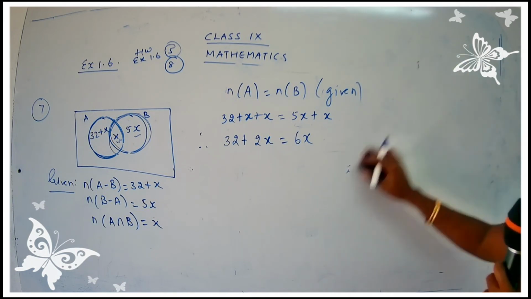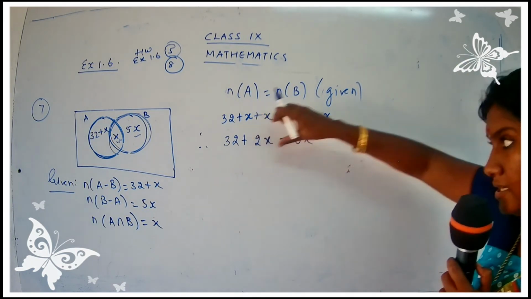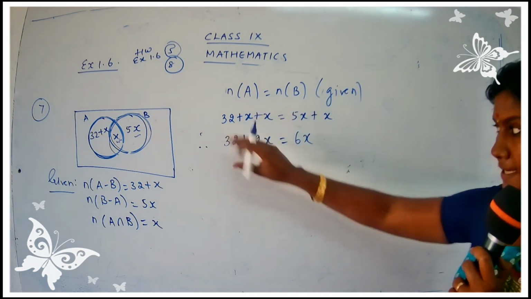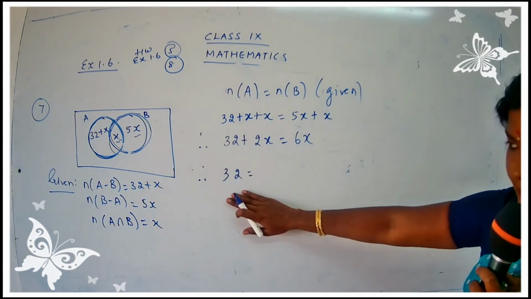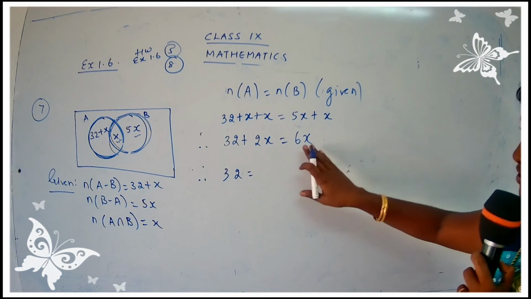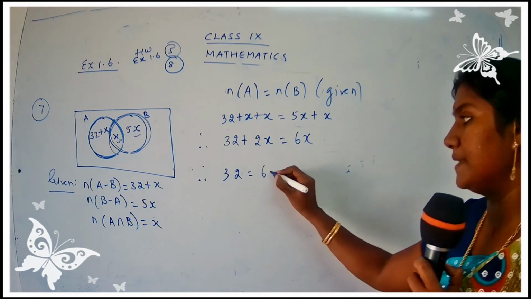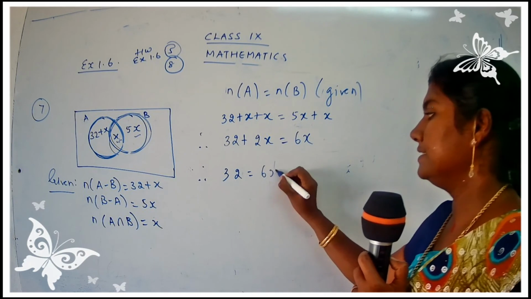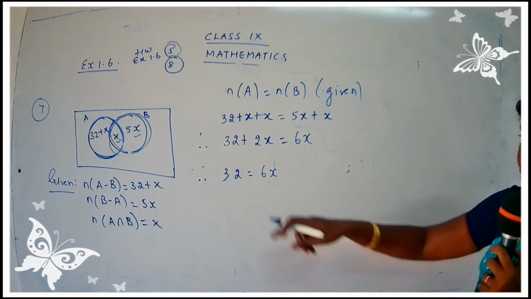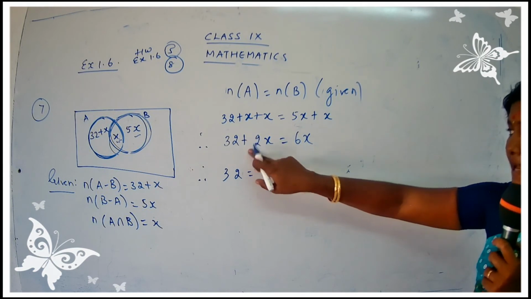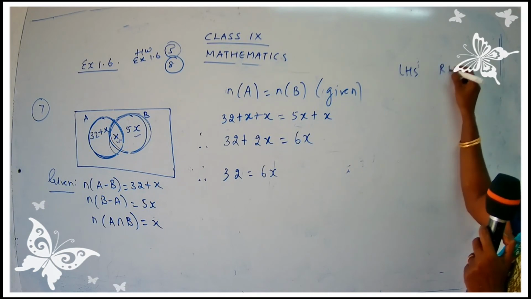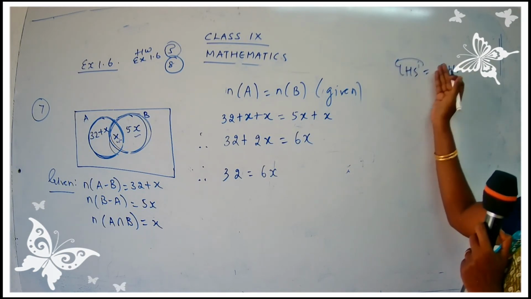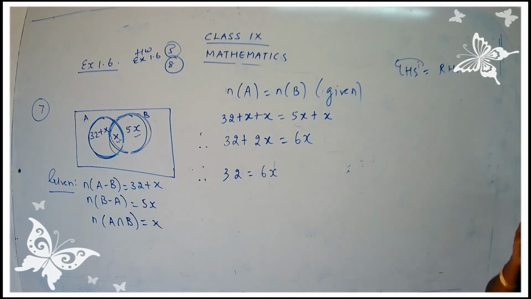Okay, now what I'm going to do is, I'm going to bring the letters on one side and keep the numbers on one side. Therefore, 32 is equal to, I'm going to keep the number on one side and I'm going to bring the letters on one side. So already what is present here? 6X is present here, okay? 6X is present here. Now what are you going to do? This is plus 2X. So when plus 2X comes to the right hand side, now you know that you have LHS and RHS, yes? So the term which is on the left side is called the LHS and the term which is on the right side is called the RHS.